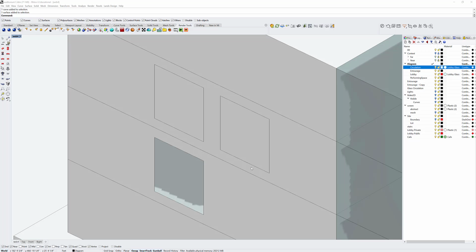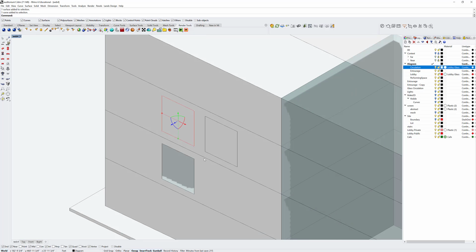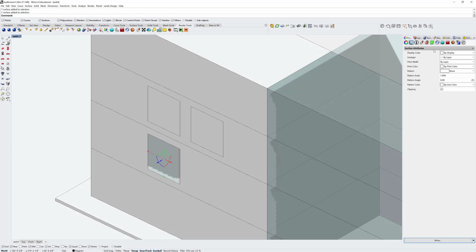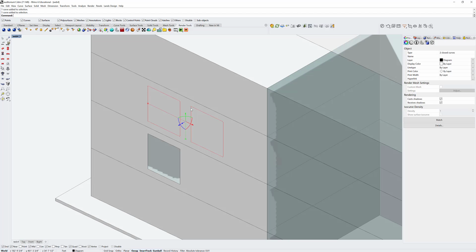This video shows an alternate method to denoting what's window and what's wall in your Rhino diagram, or your Rhino massing model. The last video showed how you would split these surfaces and take this surface and change its material. In this method, I'm just going to take a couple of these outlines and I'm going to use a command